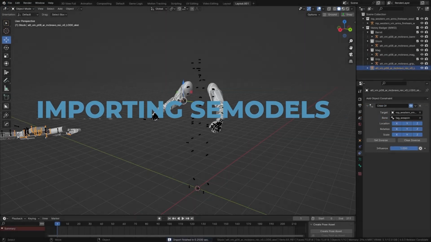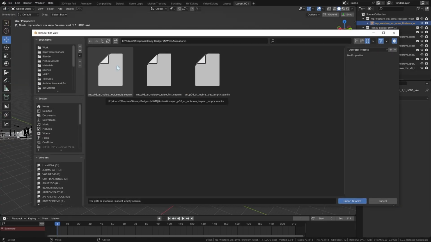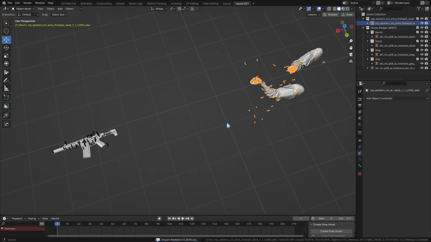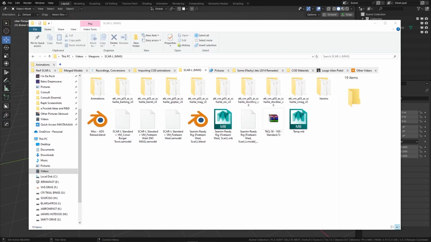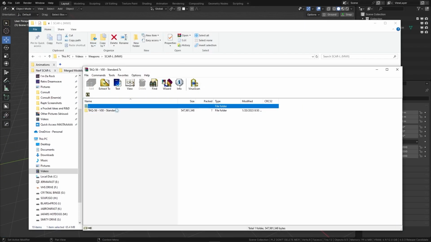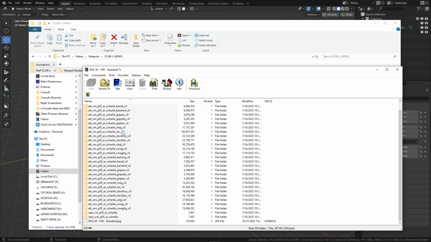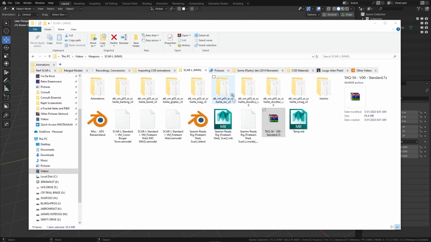So first of all, you can't just import C models and CMs individually like this, or also offset. Maybe you can fix it as such, but I haven't been able to do so. So let's go into the method of using C model merger. That's a mouthful. Before we merge our models, you can make sure you have all components of the gun by